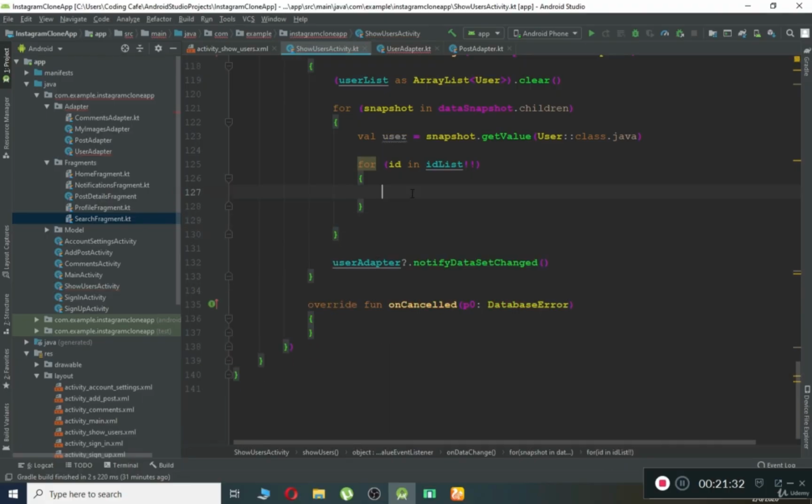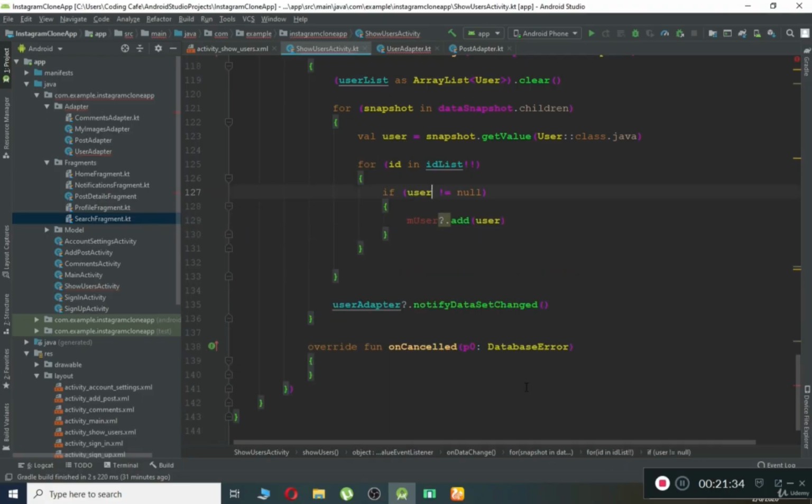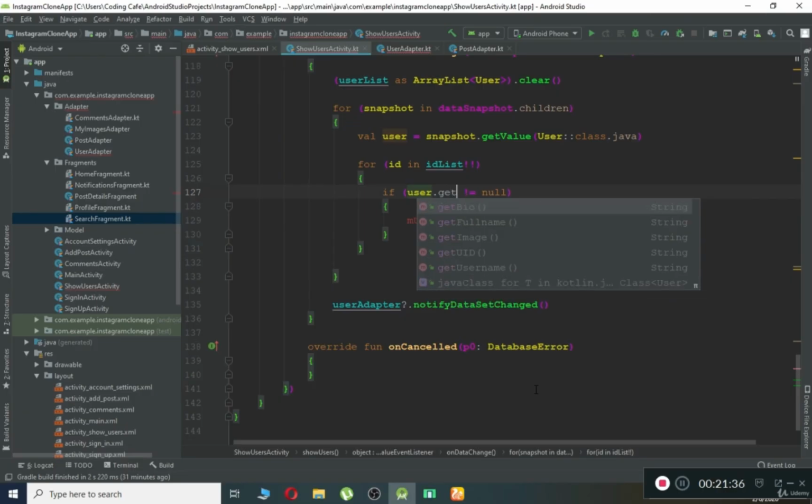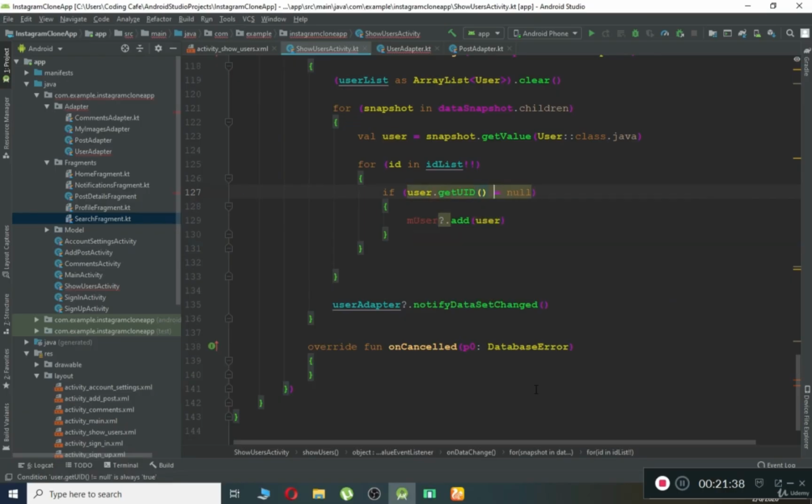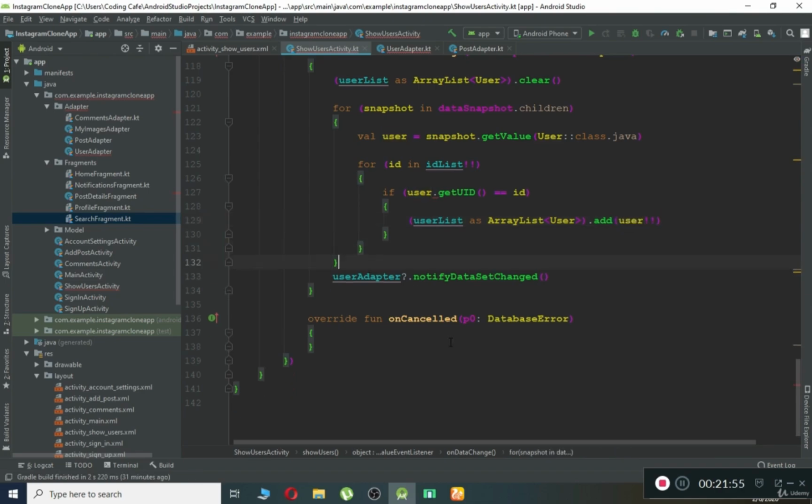If user.getUid equals ID, then we are going to add this in our user list. Then userAdapter.notifyDataSetChanged. So that's it. Now the next thing is